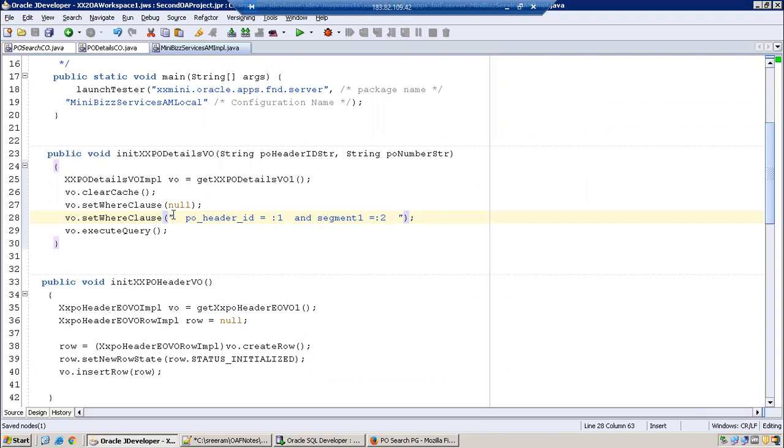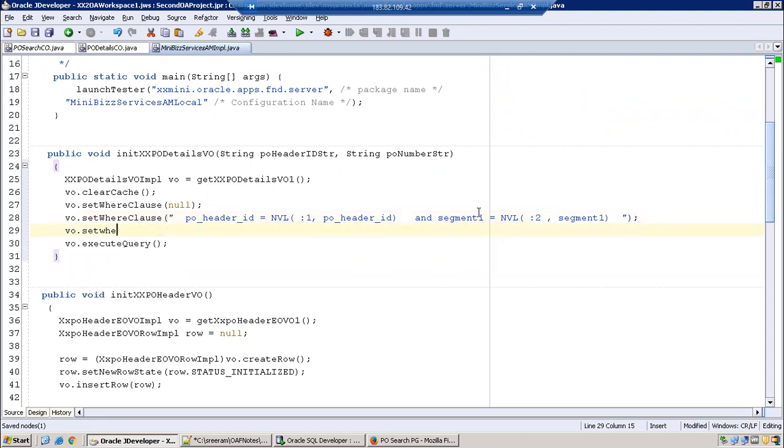Now we need to make sure that we consider whether they are mandatory or not, so just use it appropriately like this. This is nothing but adding up the where clause at runtime.